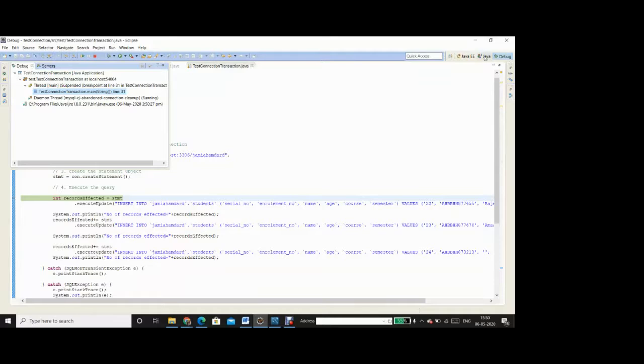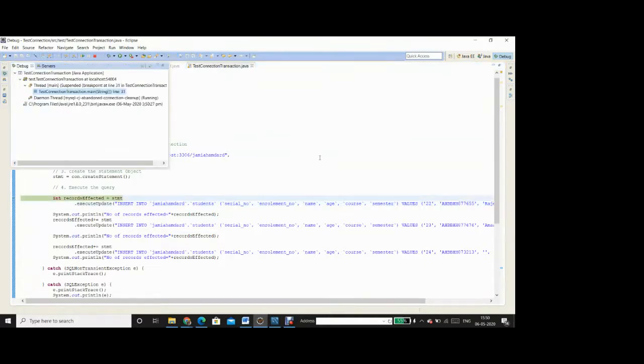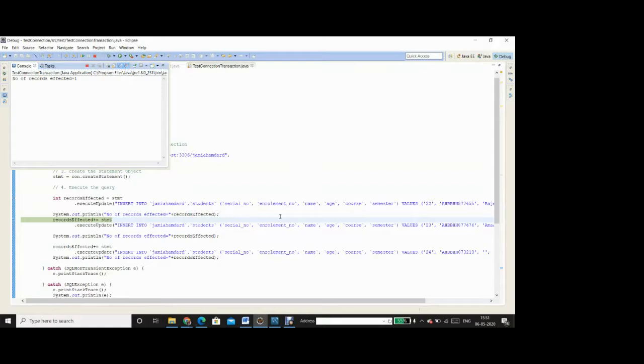You see the perspective has changed from Java to debug, and the control has come over here into this line where I put the debug point, and it is stopped over here. So as soon as I press Fn plus F6, one line will be executed. And then Fn plus F6 again, then the second line is executed, and it says number of records affected is equal to 1.